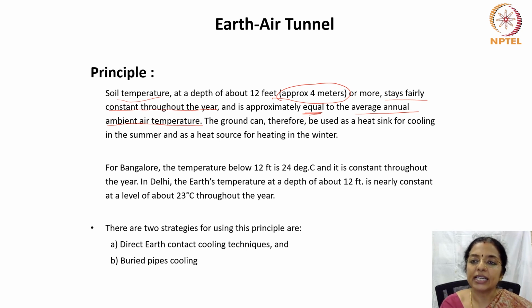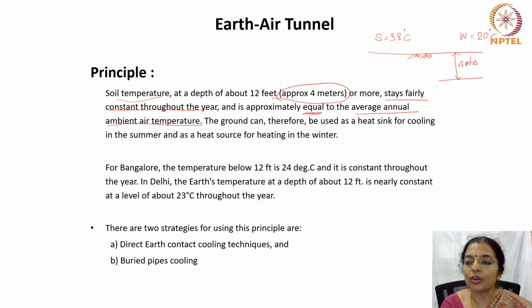It means now if this is the ground level, and for this location, the summer temperature is about 38 degrees centigrade and the winter temperature is about 20 degrees centigrade. Then at a depth of 4 meters from the ground,